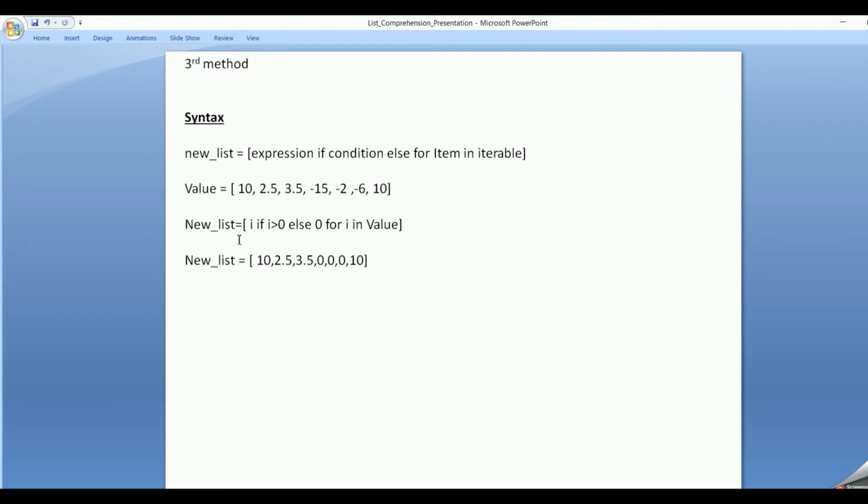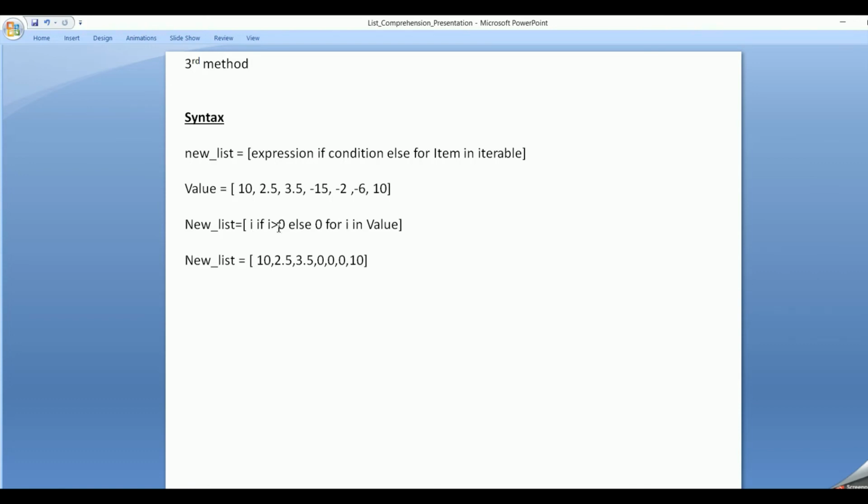My new list is i if i greater than 0, else 0 for i in value. So it will print the value i if i is greater than 0. If i is less than 0, it will print 0 for each and every item in the value list. So initially i will be 10.